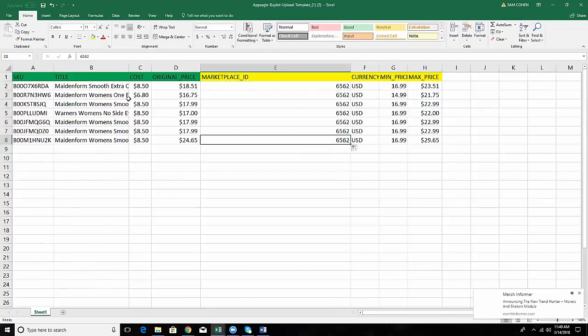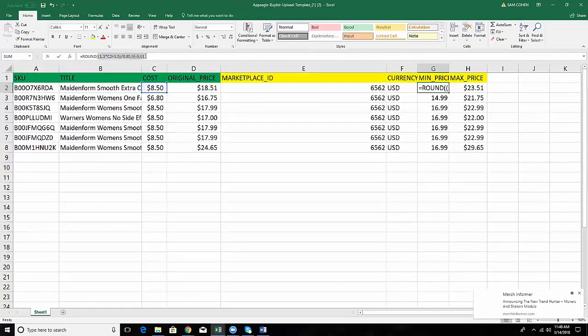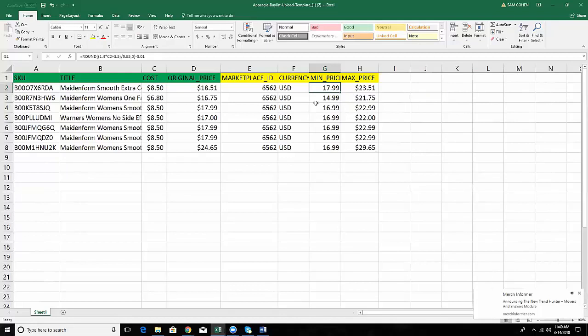But either way, the formula I have built here, and for the people here who already heard this, is roughly estimating a 30% ROI. I have a breakdown for the math I can send out, which also should be on the Matrix, so if you need that explained. If you want to change the ROI to be 40% or 50%, you just change the number within here, so it would be 1.4 to estimate a 40%. So you just change that in here and then update it, and you'll see it'll update the prices roughly based on that. And you can use this for any of your criteria. So that's a good and easy way to initially set your prices in your repricer if you're using App Eagle